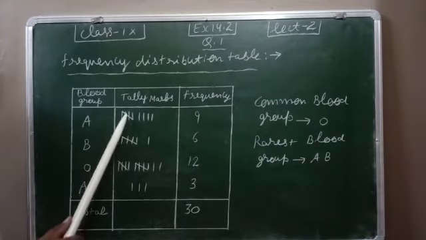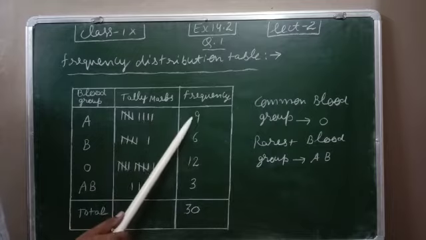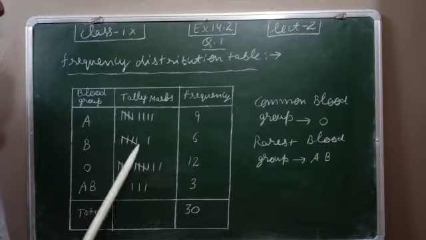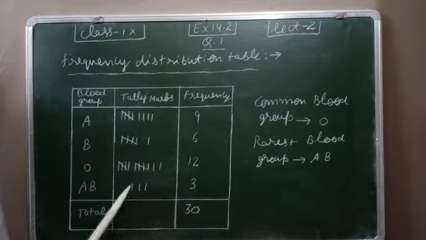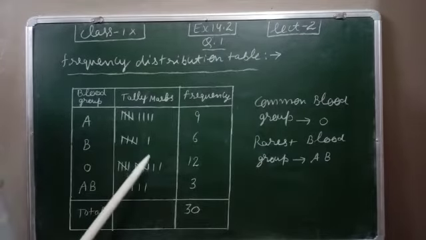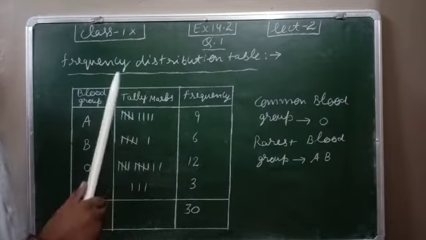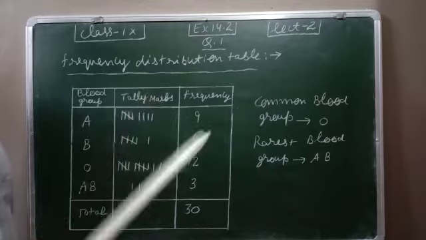Now these tally marks you also studied in 8th class. This represents 1, then 2, then 3, then 4, then 5; I will cut this, this line represents the 5th one. Then 6, 7, 8, 9. This 9 is represented by tally marks like this. Then 6: 1, 2, 3, 4, then 5 and 6. For 12: 1, 2, 3, 4, then 5, 6, 7, 8, 9, then 10, 11 and 12. For 3: 1, 2, 3. This type of table generally comes in the exam for 2 marks. Very important question. We have only 3 questions of this frequency distribution table in our second exercise. Other questions are of group frequency distribution table.